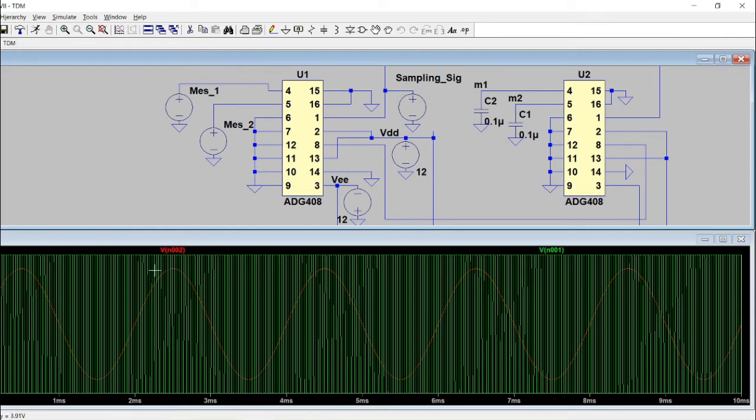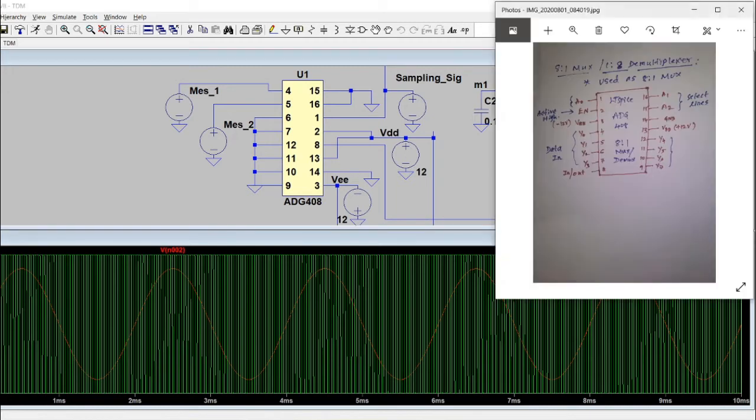When it is on, it will select one signal, message 1 you can say. When it is off, then it will select another signal, which is message 2. Okay, and you can also see from the pin diagram that enable is pin number 2. I have connected it to VDD because it is an active high pin. If it is high, then only our IC will work.